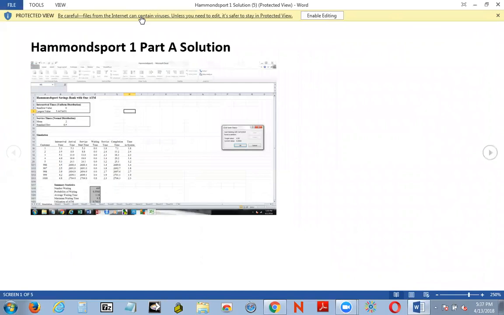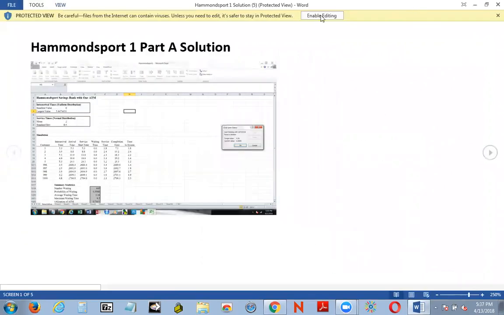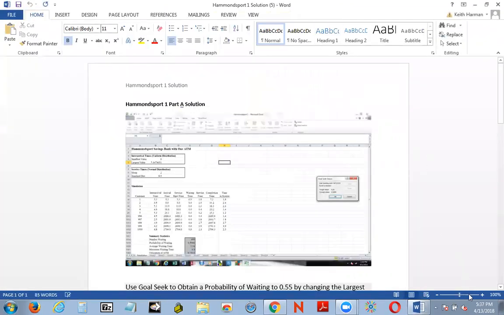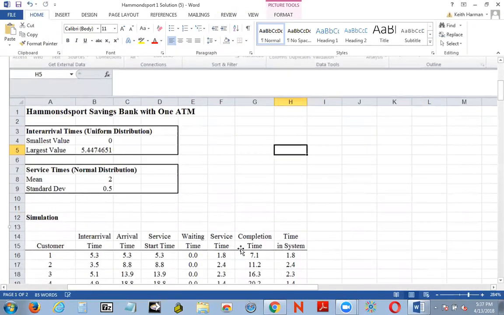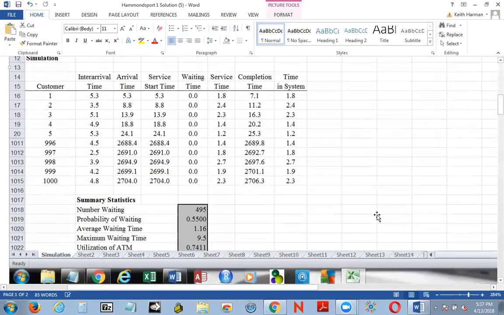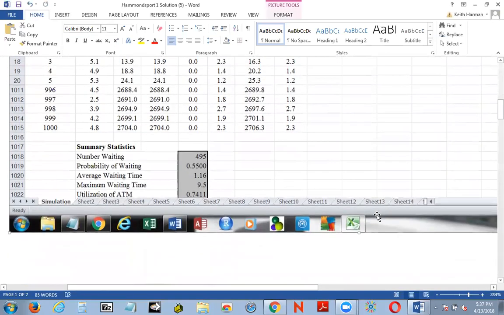Okay, and let me go back here. I'll move this over, enable the editing, and here's our solution. Okay, and that shows us the solution for that Word doc as it's shown in the Word doc. Now what I want to do is close this, I'll enable the editing, and this lets us size that up and see where we end up in terms of